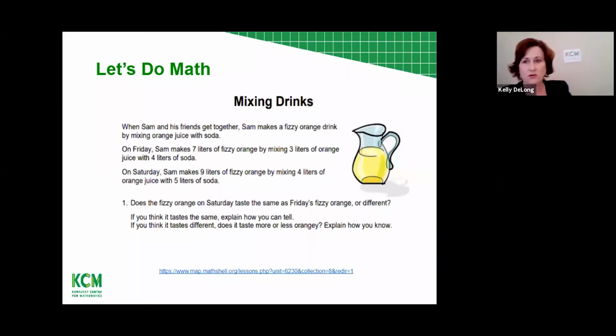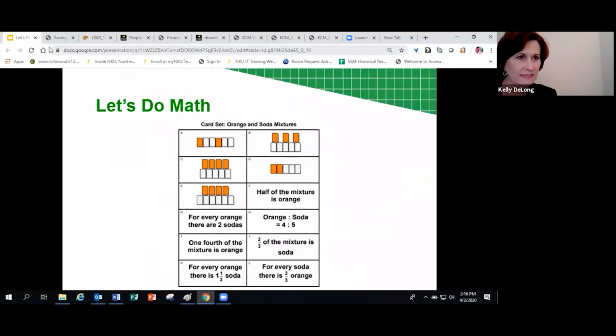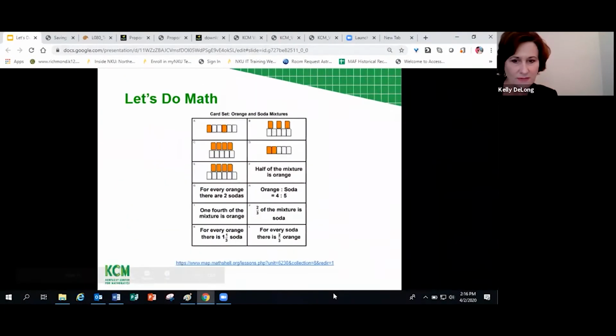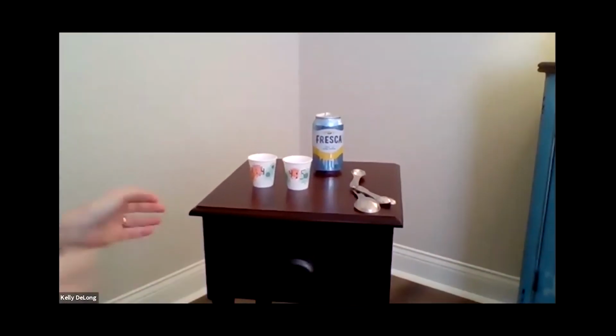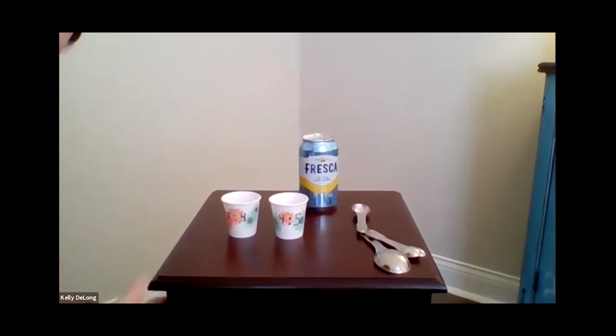So what I want to show you is that I have a little setup here for the math. So excuse me while I get out of sharing my screen, and then I'm going to make sure that you guys can see my setup. So there it is. Okay. So I've got the orangey